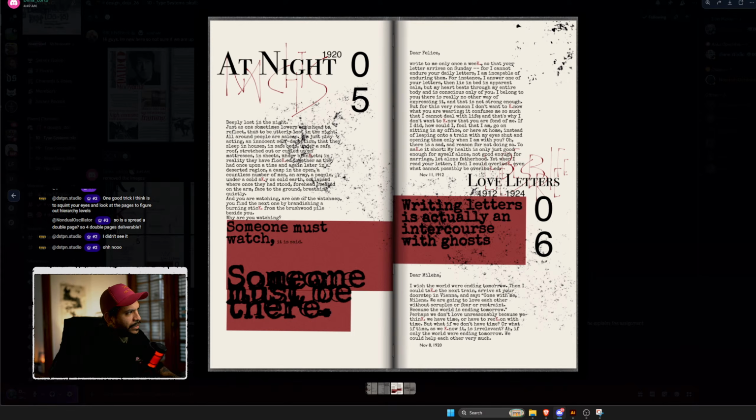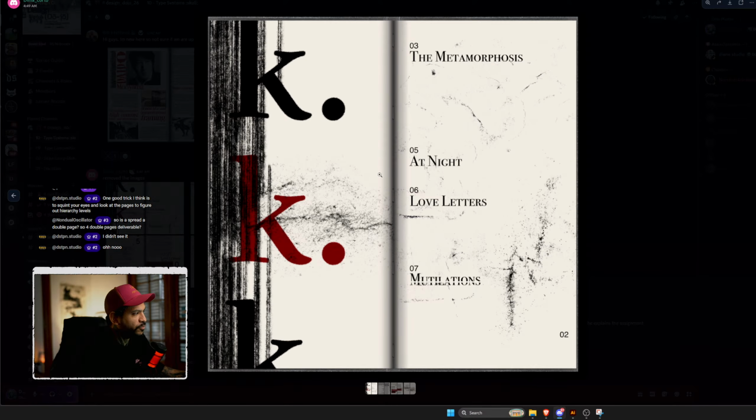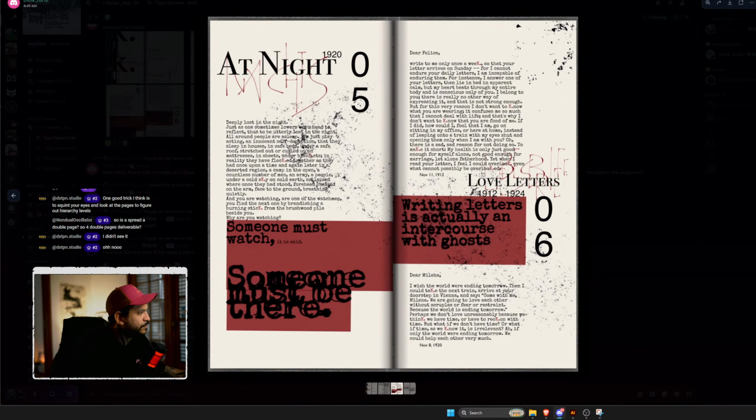Also the text not justified is creating a very weird flakiness in the text itself, which tends to work better for smaller text, right? I really like what you're doing with the "at night" and then the script font or the little glyphs on the back. I think the texture here is not really helping you. I think it would be far better if you made it just black and white and kept the color for very small details,